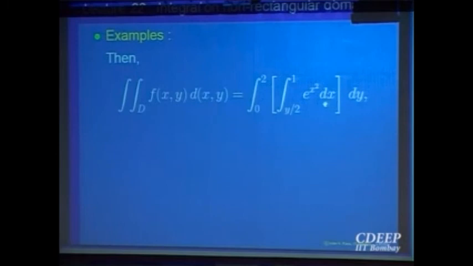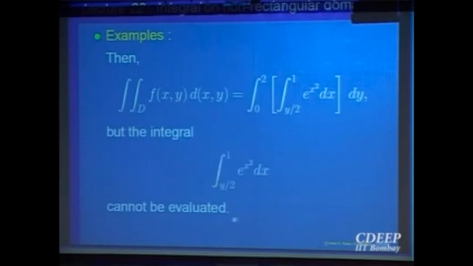Now I am stuck, because there is no way I can compute using the fundamental theorem of calculus in a closed form what is e raised to power x square. I know the integral exists, but there is no formula for that. So I will not be able to find an answer by this method if I use the other way around. Only I will probably be able to get an approximate answer. That too, if I get an approximate answer for e raised to power x square between y and this, use that approximation and then calculate approximately and so on. So you see that order of integration becomes important in computing double integrals, a suitable choice of order of integration.